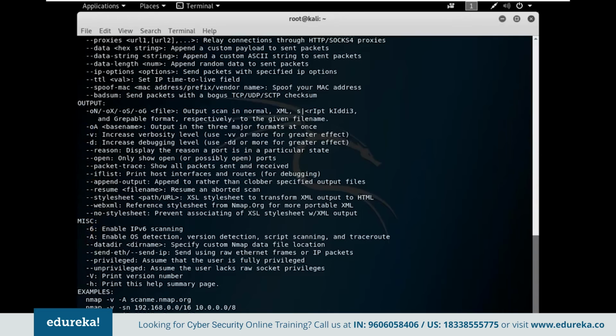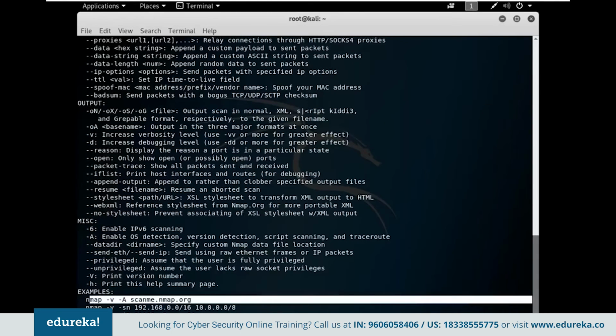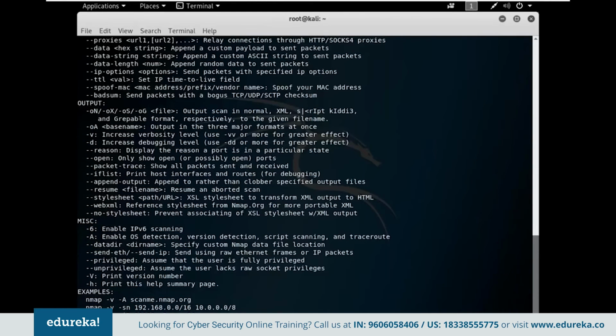Before that, apart from these, you can also see multiple other options here. I forgot to say, -v is the verbose option; it says -v increases the verbose level. Basically it specifies the version number of your operating system or anything as such, like the Apache server or PHP file, anything that your application is using. If you want to know the version number, you can use the -v command. And as for -a, I already explained, it specifies aggressive scanning.